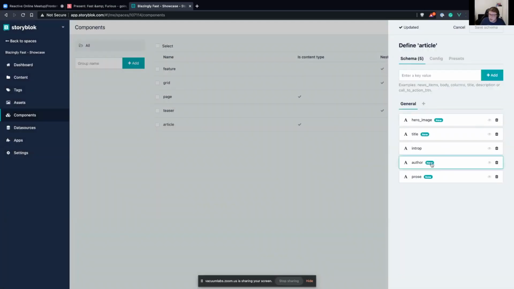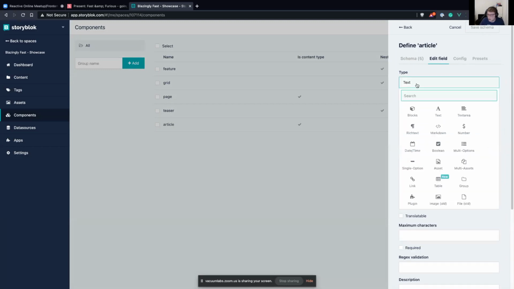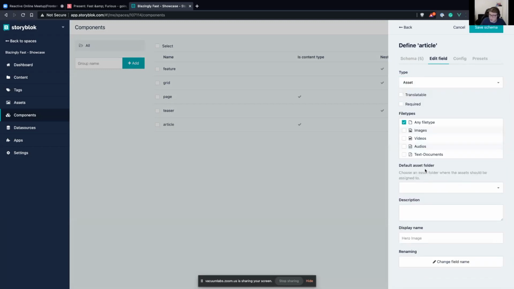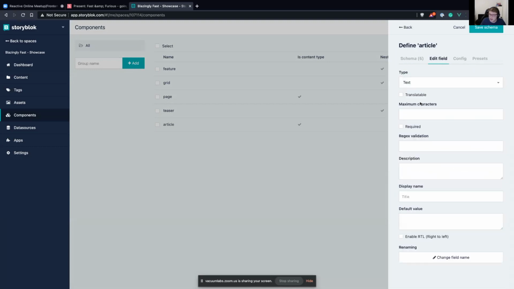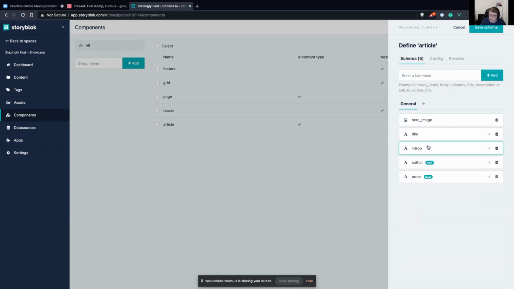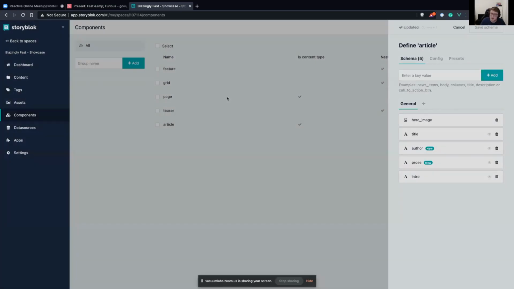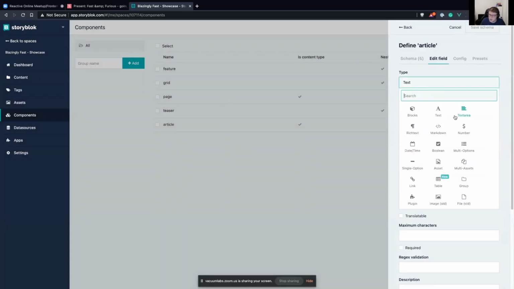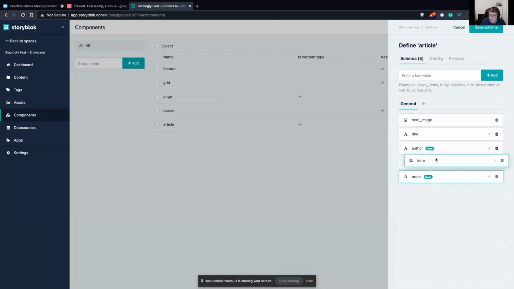Also, I need to update the schema. So the hero image should be an image and not text. So I'm going to choose assets and an image. The title, I'm quite happy that it's text, I would just require it at the moment. Then the intro, which I did a little bit wrong, I need to update the name one more time. Intro. Save. The intro I would like to have as a longer text, so a text area, but without any possibilities like bold and that kind of stuff,